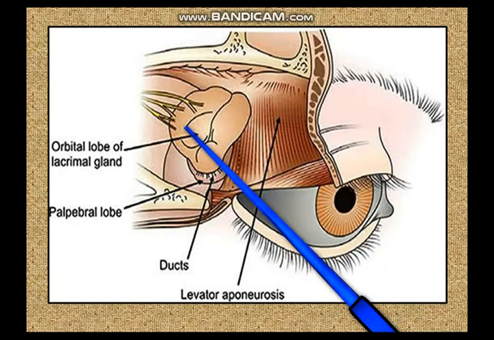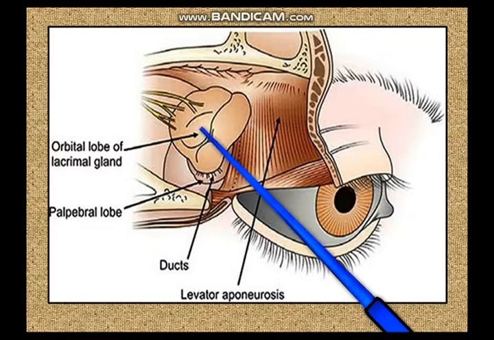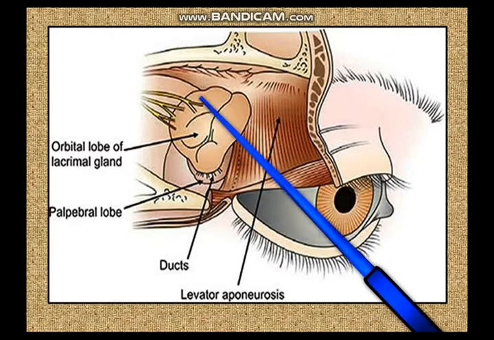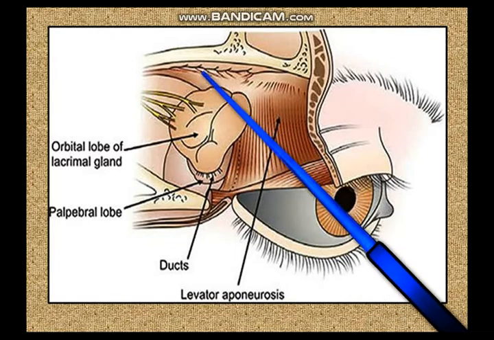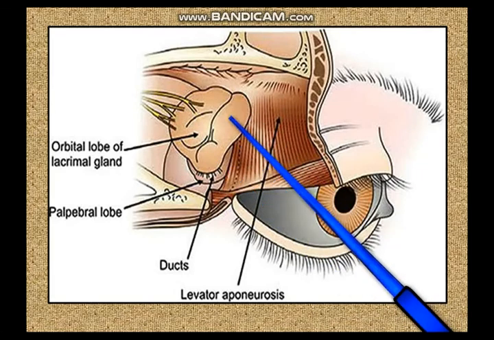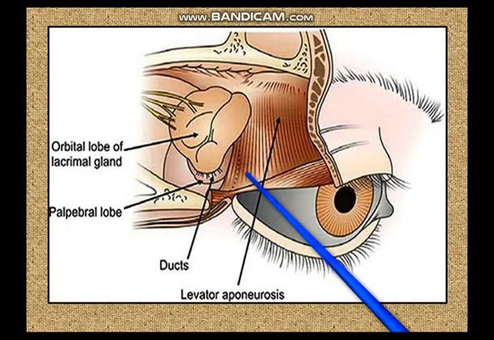Above it is fixed to the orbital wall. In front it extends up to the orbital septum and orbital fat. So then it is merging with the orbital septum and the orbital fat, above with the roof of the orbit and below with the aponeurosis of the levator palpebrae superioris. So this is the position of the orbital lobe of the lacrimal gland, and you have a palpebral lobe which is actually protruding for a short distance below the aponeurosis of the levator palpebrae superioris.